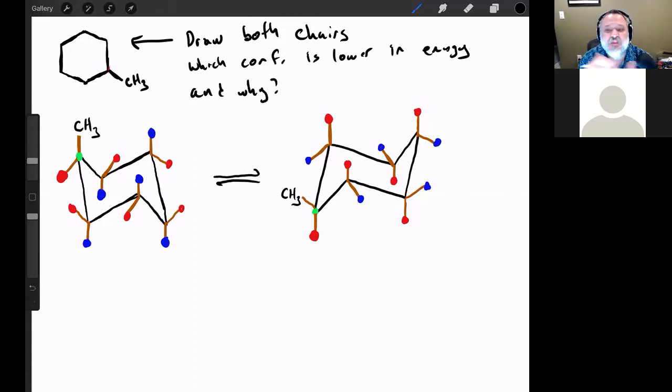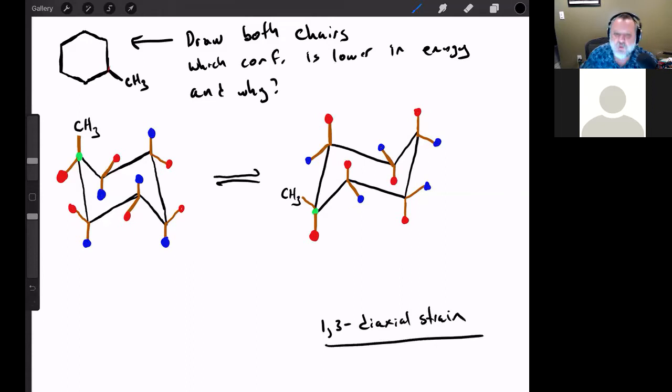Okay, and so this is the next part that you have to do. This is the examination of the structure and to think about what's going on. So there's a vocabulary word that we need to learn: 1,3 diaxial strain. One of these exhibits this type of steric